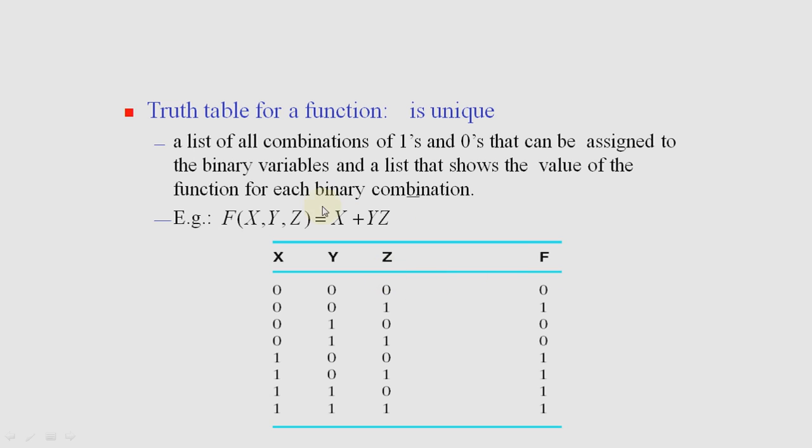Here we can see in the first row, in x plus y z bar, both x and y are 0, but z bar is 1 because z is 0 and z complement is 1. But when it is multiplied with 0, the answer is 0 plus 0, which equals 0. Now for the next row, in x plus y z bar, z is 1 here, so z bar is 0 and the result is 1, and so on. The process goes on and we get all the results.